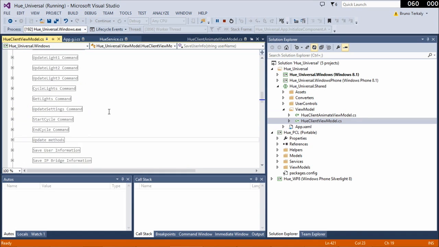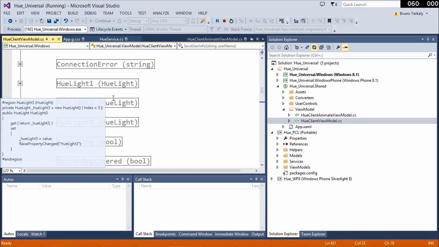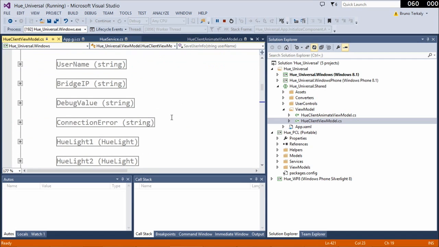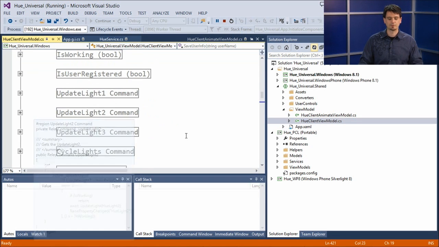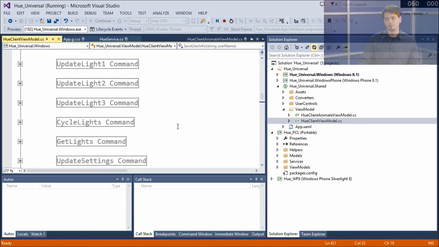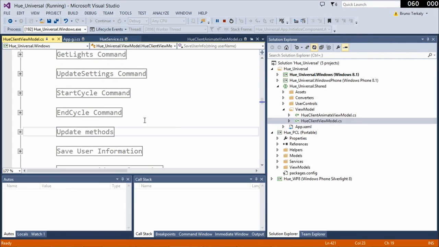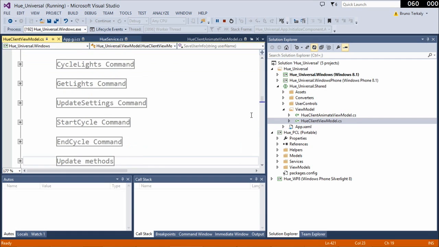Let me open up my client view model, and you can see this is a demo application in the sense that I use it for demos, but this is a very serious application, right? We've got a lot of properties. We've got commands for updating all of our different lights. We've got commands for cycling our lights. We've got update commands so that if I'm using this application on multiple devices, I want both devices to keep up to date on what the color of the lights are, so that they'll update automatically if I change it on a different device. There's a lot of stuff in here,